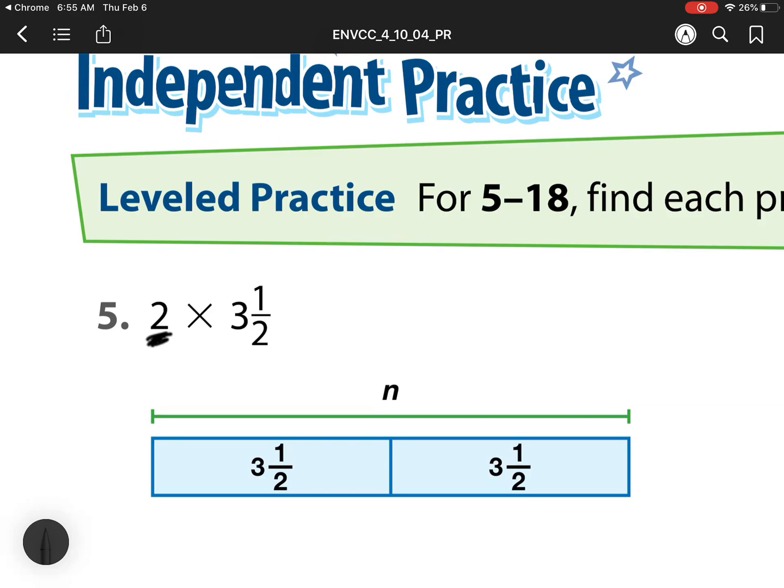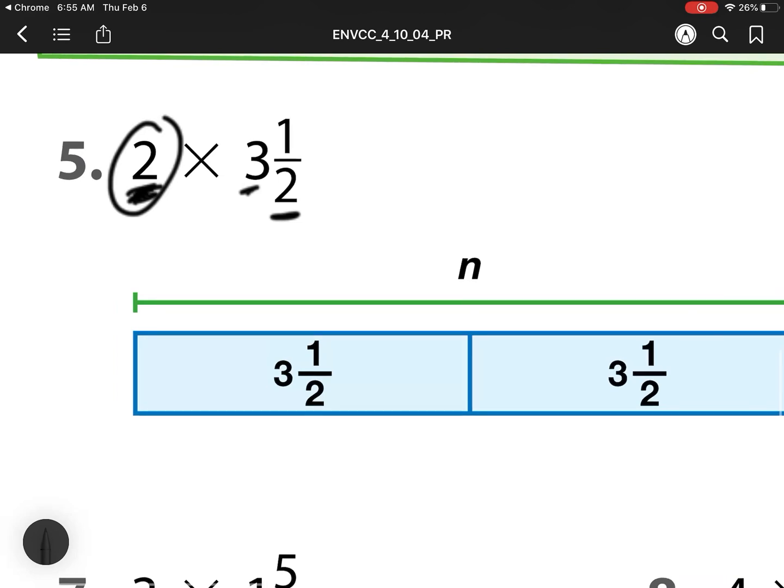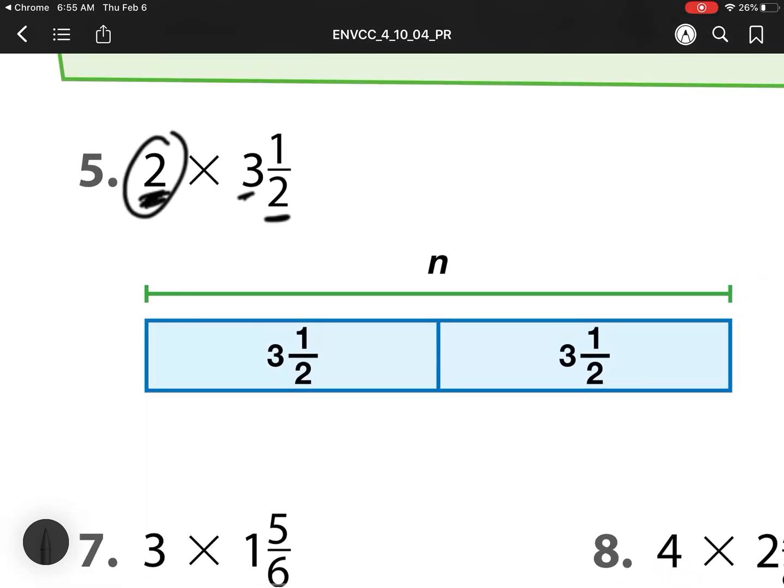Remember, whole numbers have no fractions. Mixed numbers are mixed because they have a whole number and a fraction. So we're just finding each product. Here's our picture to see. Remember, multiplication is always the number of groups